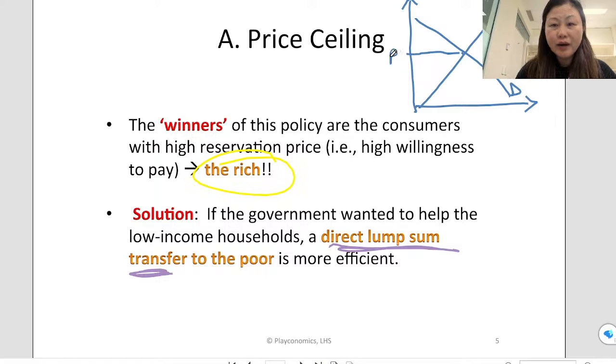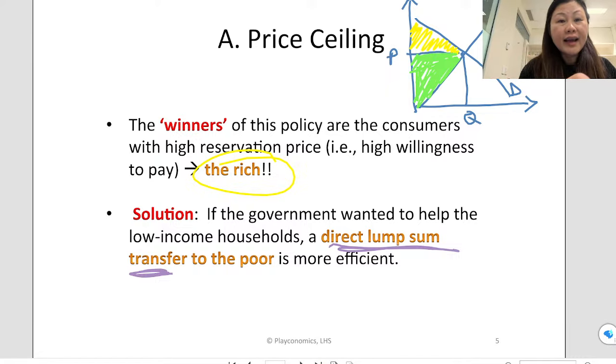And this is your price, and this is your quantity. We also said that this will be your total consumer surplus. That will be your total producer surplus. But this direct lump sum transfer to the poor is a bit like saying, we're going to take some money,